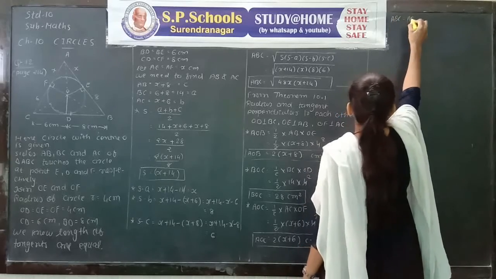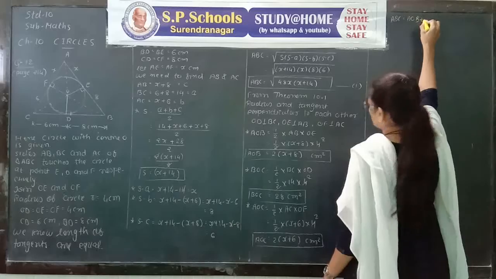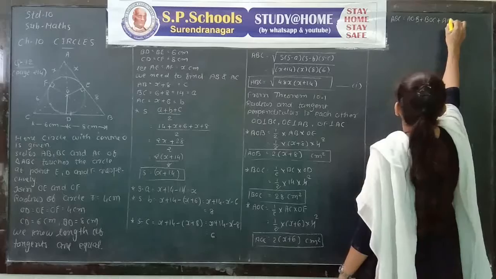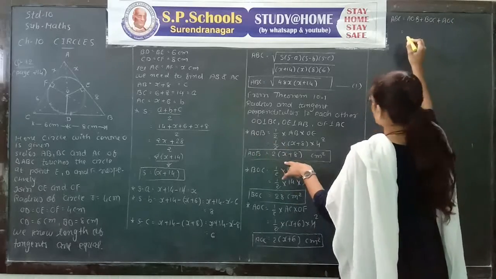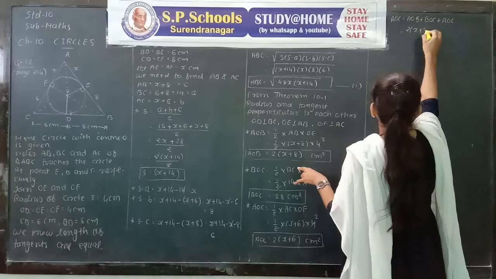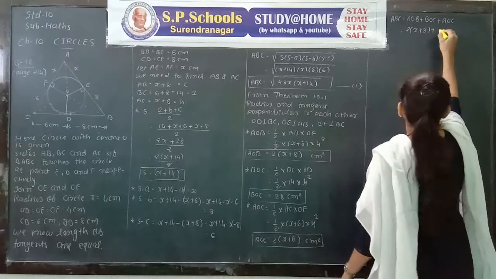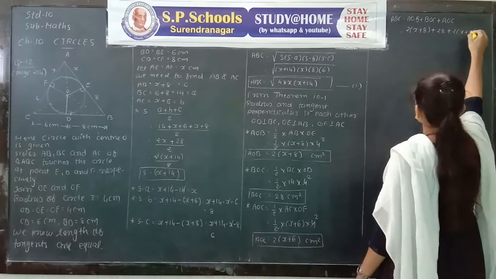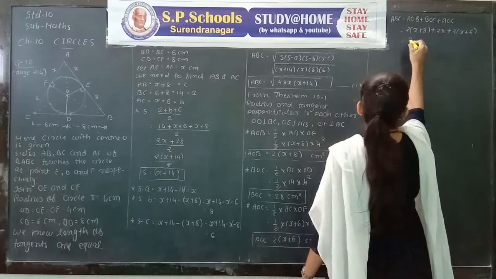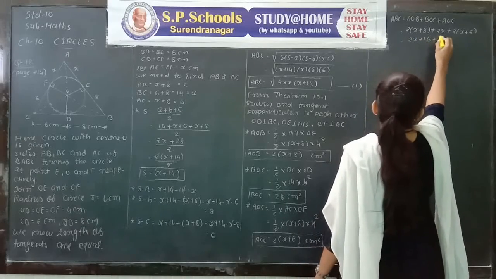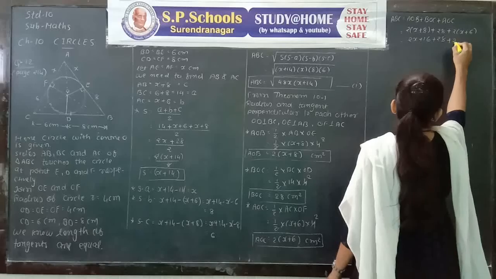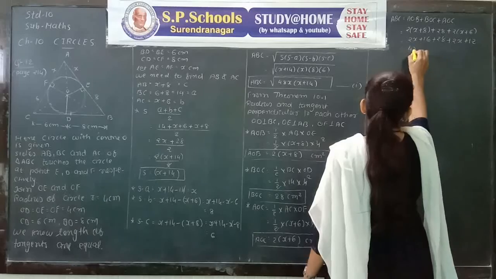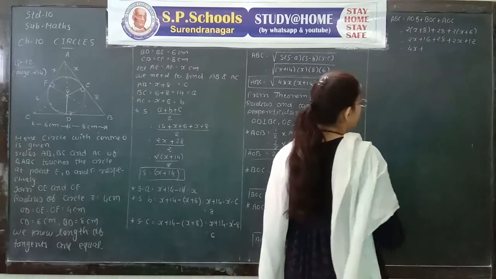ABC is equals to AOB plus BOC plus AOC, where AOB is equals to 2 into bracket x plus 8, BOC is equals to 28 and AOC is equals to 2 into bracket x plus 6. Multiply the bracket. 2x plus 16 plus 28 plus 2x plus 12. 2x plus 2x, which is 4x. 16 plus 28 plus 12,